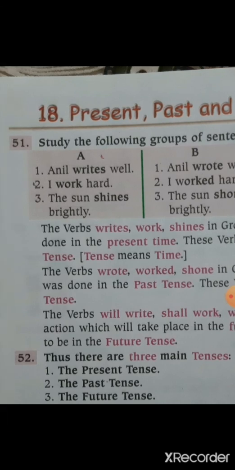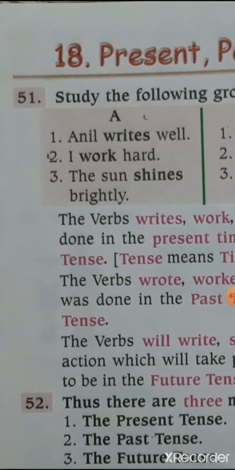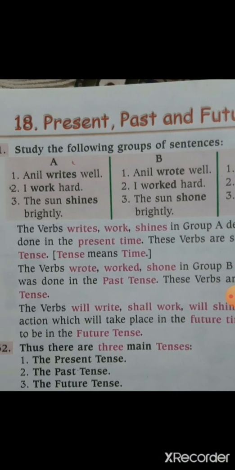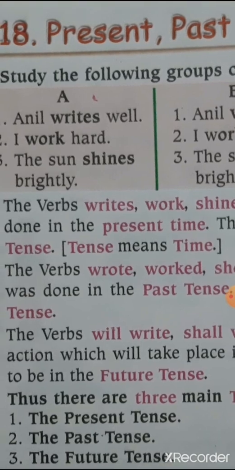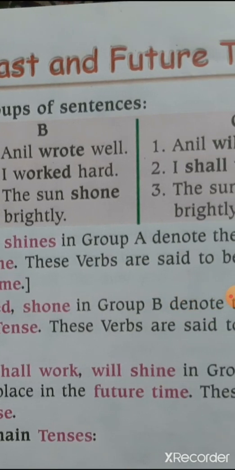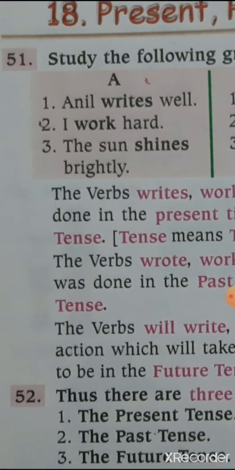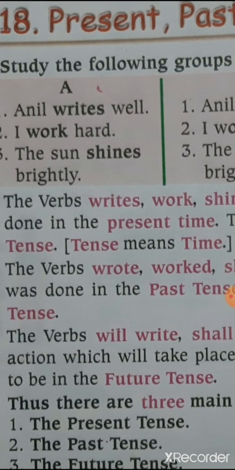Okay. Anil writes well. I work hard. The sun shines brightly. Okay. Anil writes well. I work hard. The sun shines brightly. Okay. Now come to the line. The verbs writes, work, shines in the group A denote the action which is done in the present time. See, the verb is related with the